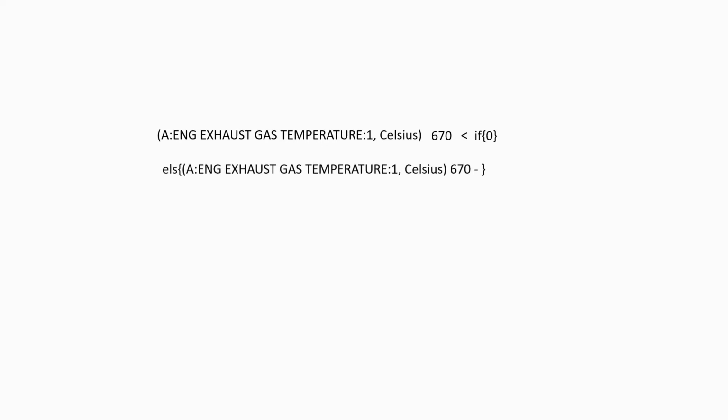But if it's above 670, there's the else without the E in it. Give me the exhaust gas temperature, but take 670 off of it, because I don't need to know the temperature, I need to know how far above the threshold it is. So when it's at 670, it will still send a 0. If it's at 680, it will send 10. If it's at 690, it will send 20. So that's calculating the offset for me. So that's the script I need to build, and I need to build that into